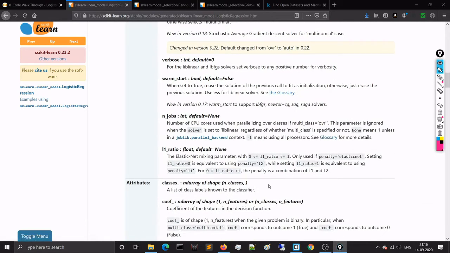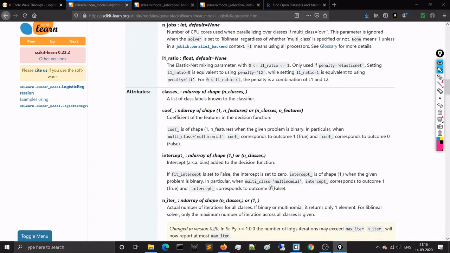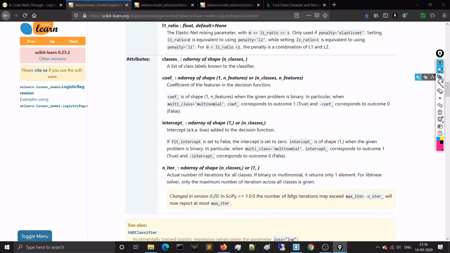Once the logistic regression classifier has been trained properly, what will you get? There are the attributes. classes underscore gives you the classes in an ndarray or a list. The important one is coef underscore. This is our W star.